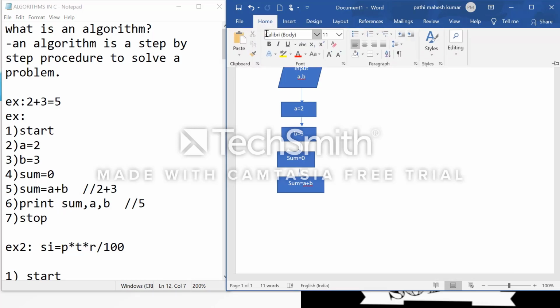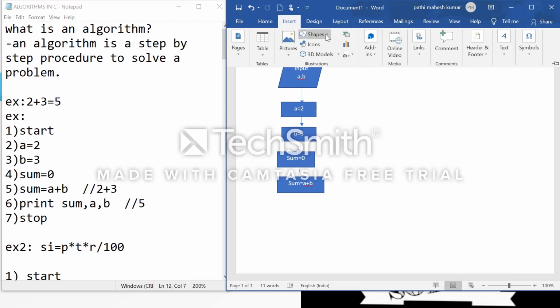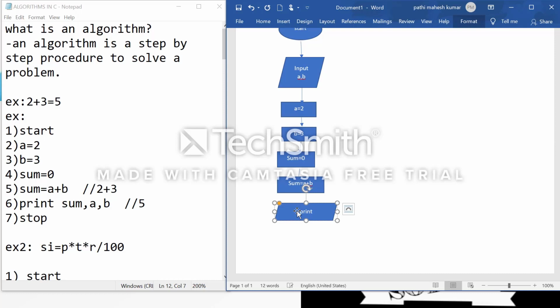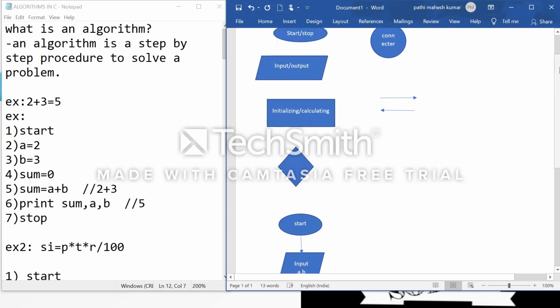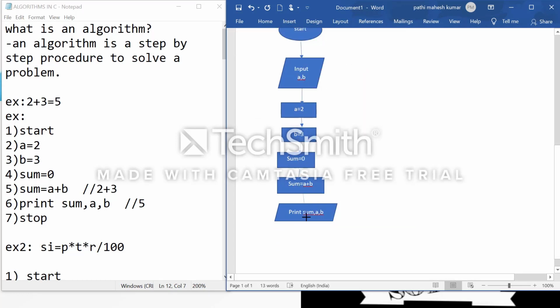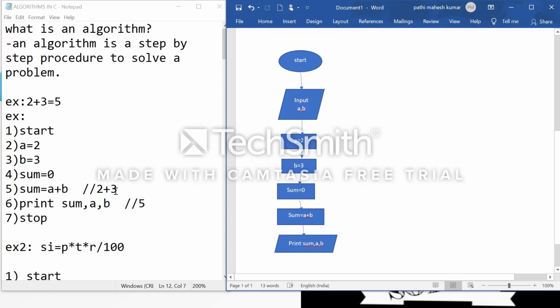So that's why I am taking a parallelogram symbol. Print sum, comma, a, comma, b, and again I am connecting here.